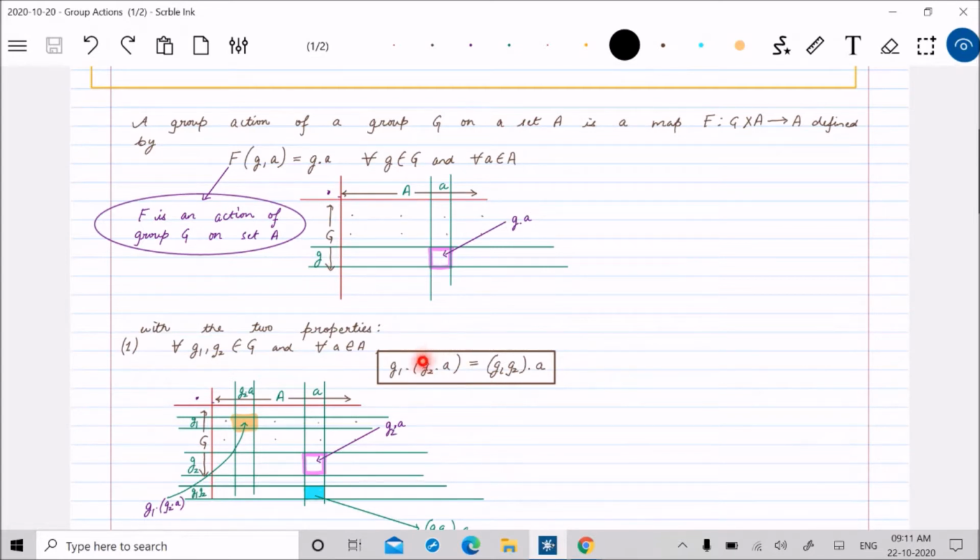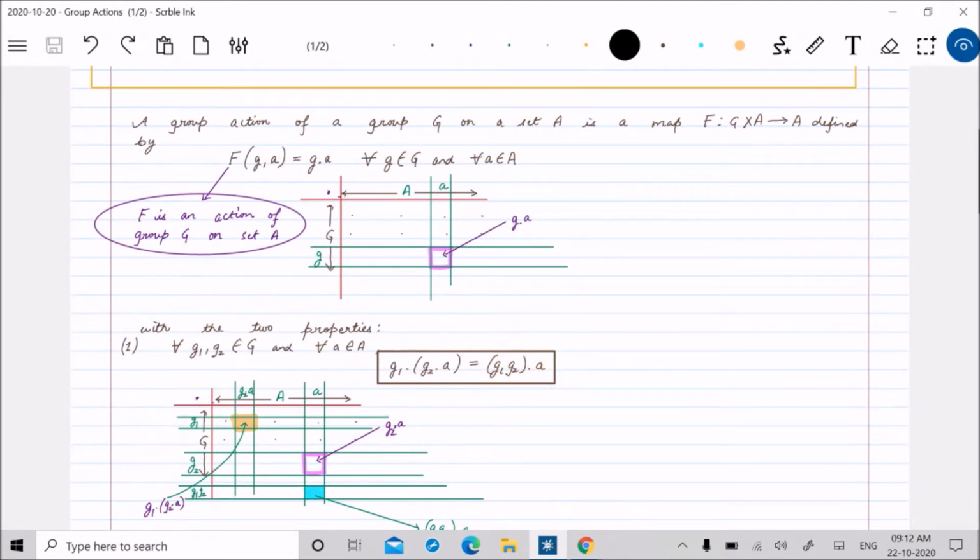So that's why I'm saying that this element is a member of capital A, and since it is a member of capital A, another member of capital G, that is G1, can act on it like this. G1 acting on this result of the action of G2 on a, and the final result, of course, should belong to set capital A itself, right? So this should be equal to the action of the element G1 G2 of G on the element little a